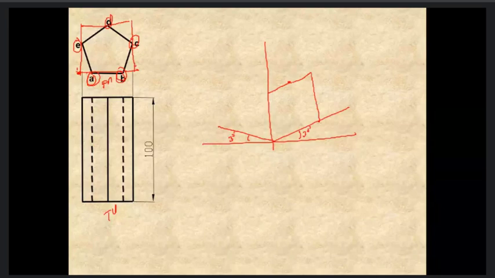So now this is the problem. You are given a front view, you are given a left hand side view. Here the top view is not given. So in all the problems, it is not necessary to give all the views, at least 3 views. You can make an assumption in a top how it will look.